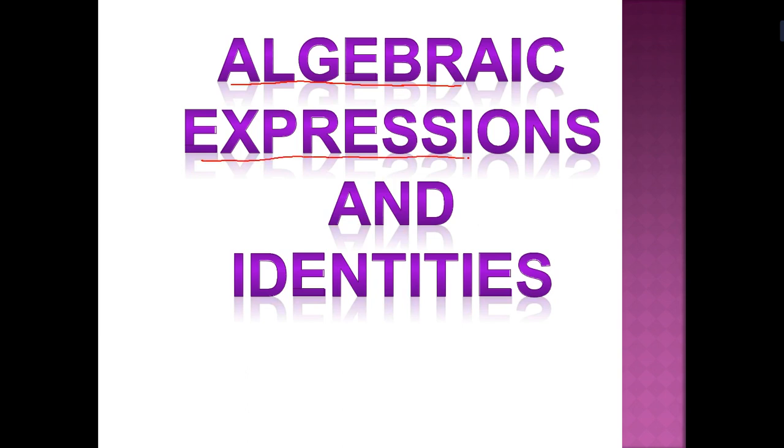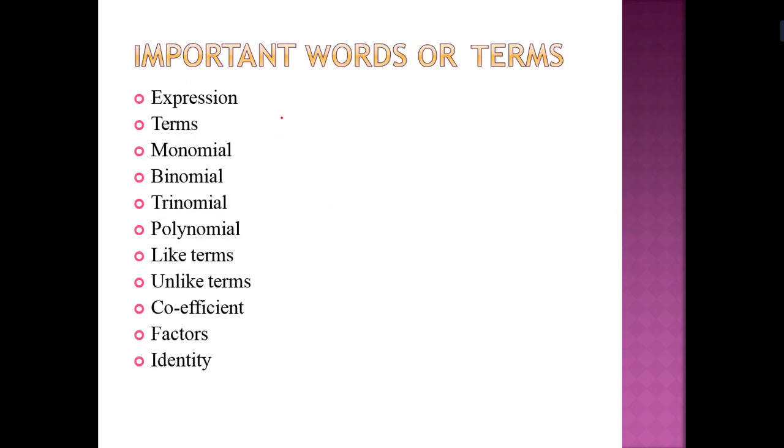So one word is express. If I describe maths, that is in reference with expressions and some identities. Three things we have to learn: first, how to represent algebraic, how we can write algebraic; second, expression; and then identities. So before we start algebraic identities, we have to go through the chapter's main points. Important words or terms related to this chapter.